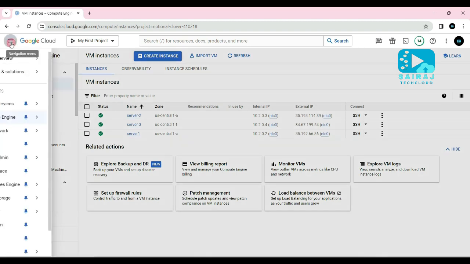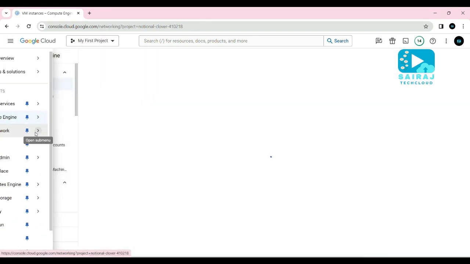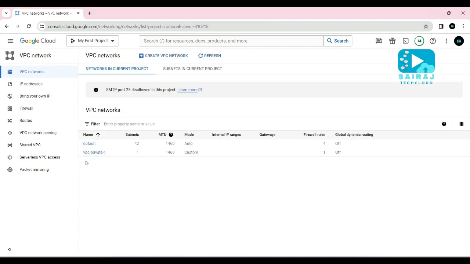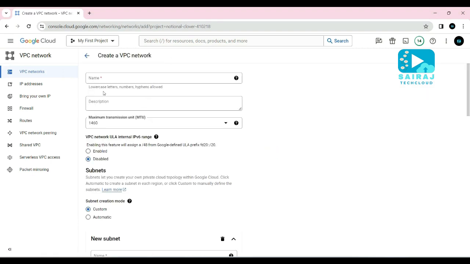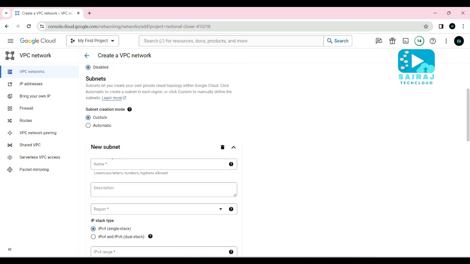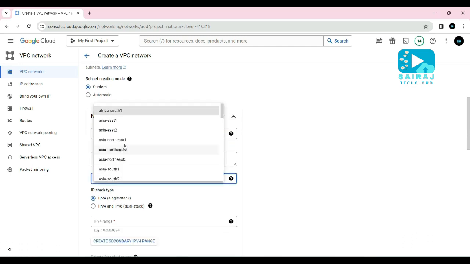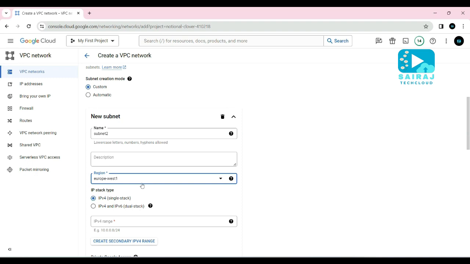Then you can navigate to the VPC network again and create a new VPC network. As you can see here, VPC private 1 exists, so I'll create VPC private 2 now. I selected custom, then I set the subnet name as subnet 2, and the region as Europe West 1.